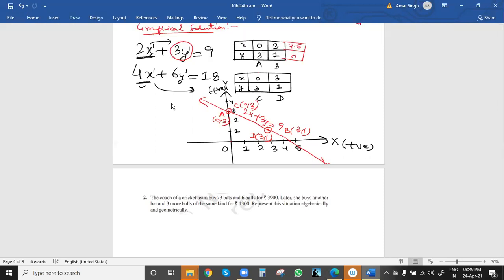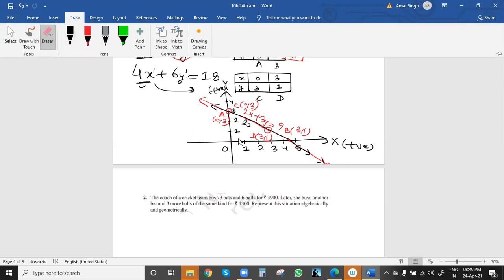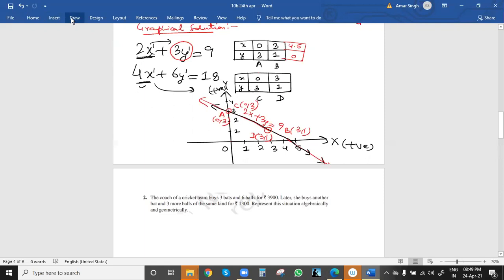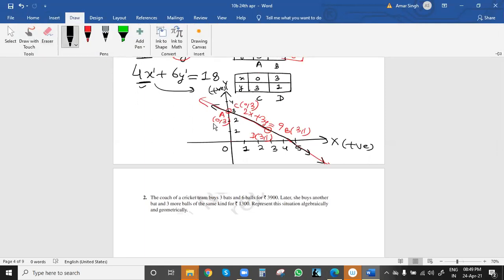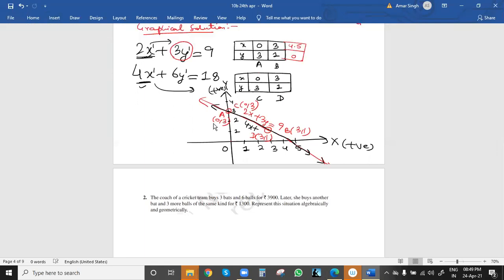So again, 3, 1, we can join and show with this one in black. Two pencils you can also use, one dark, one light pencil. And this equation we can write in here somewhere. Again, this is for 2x + 6y = 18, 4x + 6y = 18. The second equation we can write on the opposite side: 4x + 6y = 18. So this is line L2, and the previous one is line L1.